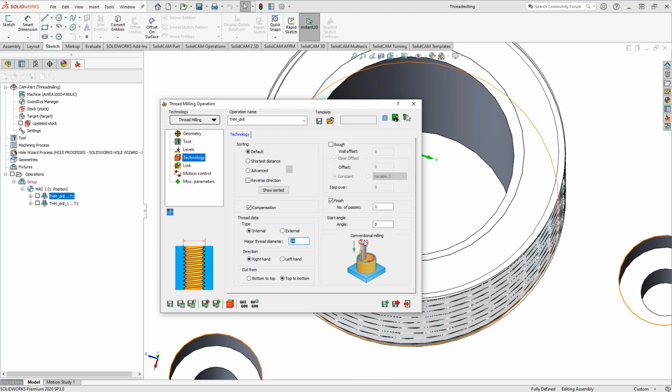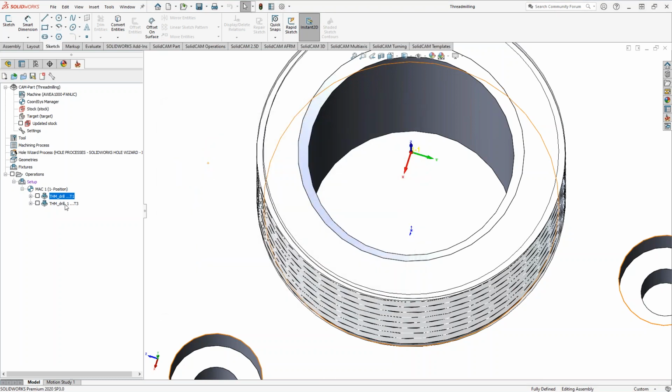You give it the tool definition, the right hand or left hand, and internal or external. From the combinations of those, it'll tell you in the bottom right corner what type of cutting you're doing, climb or conventional. Now, that is purely thread milling, and one thing that was actually added in the new versions of SolidCAM,